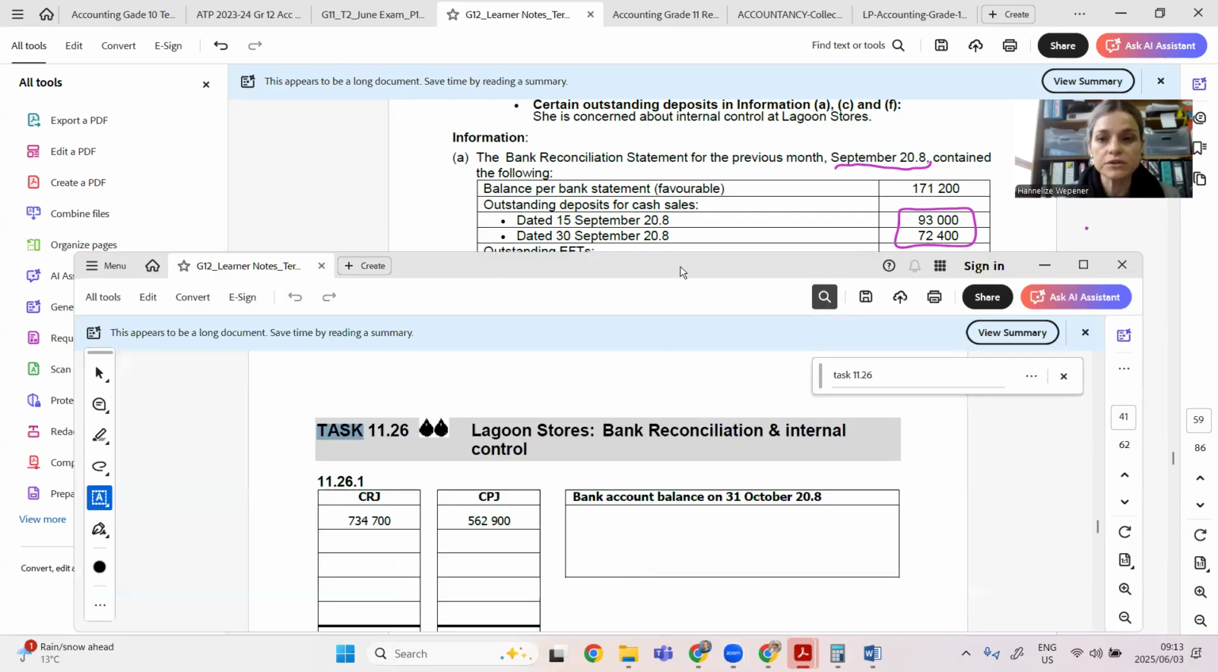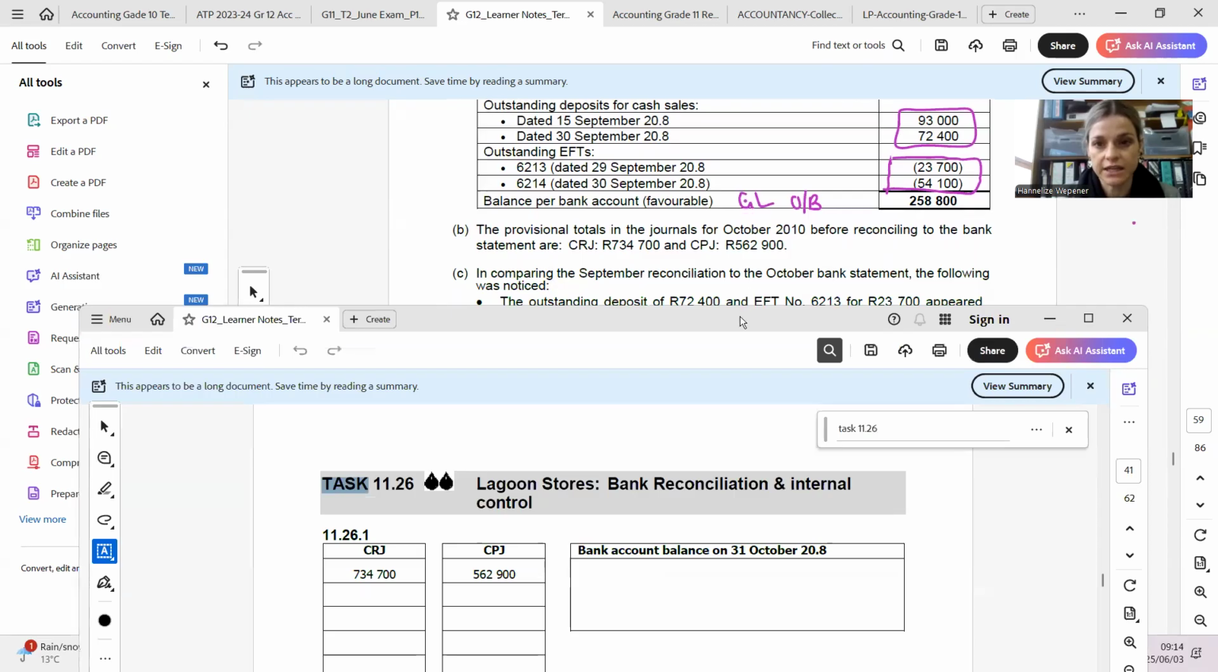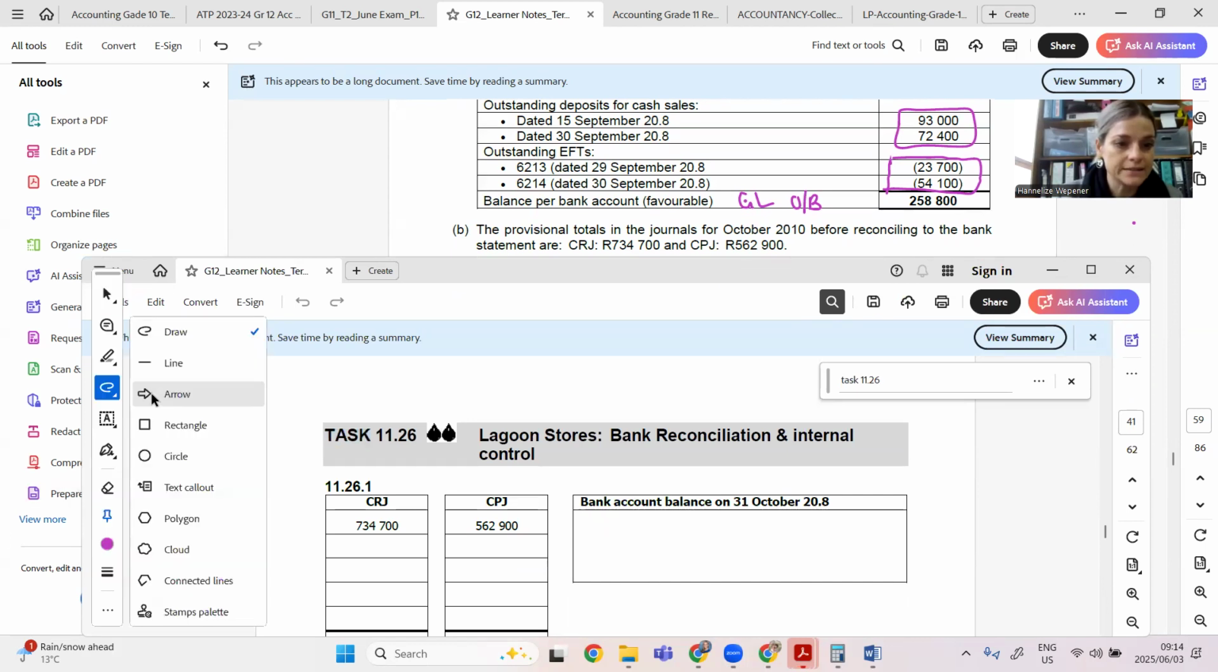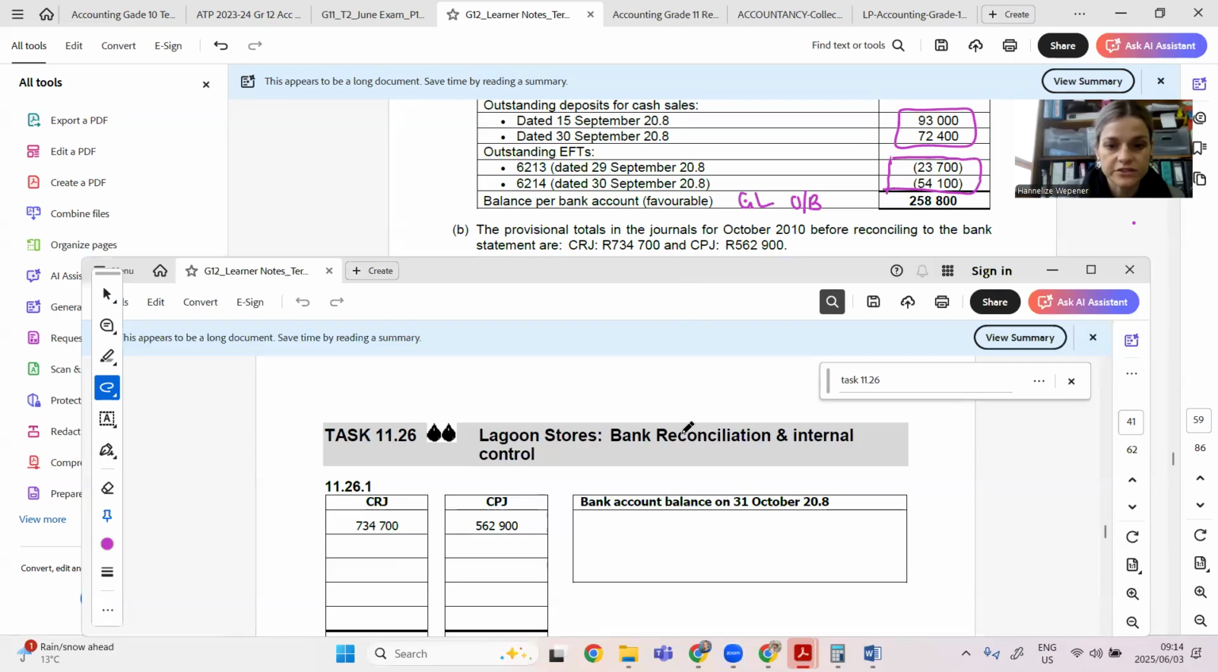Okay. So in other words, if I now have to calculate my bank balance on the last day of October, I have to start with my opening balance as per last month's reconciliation of